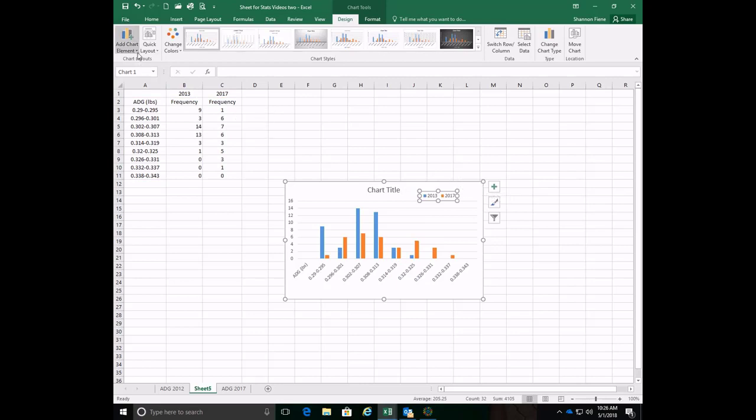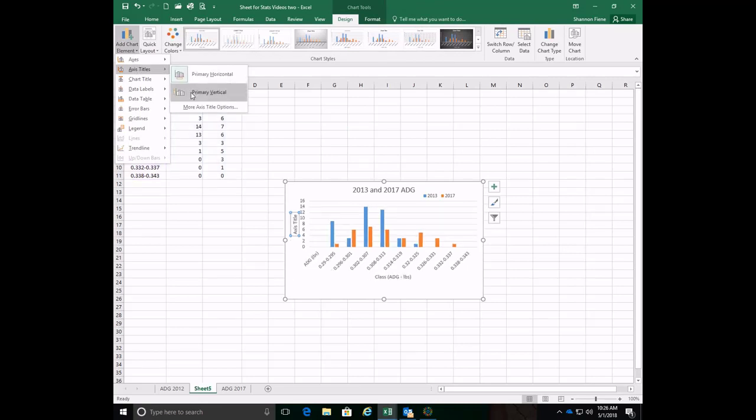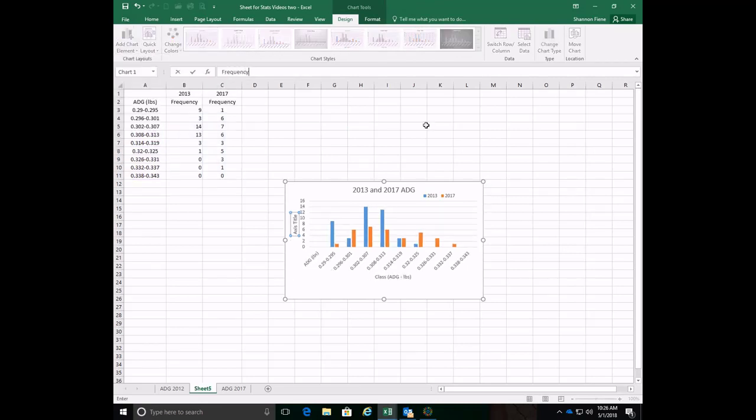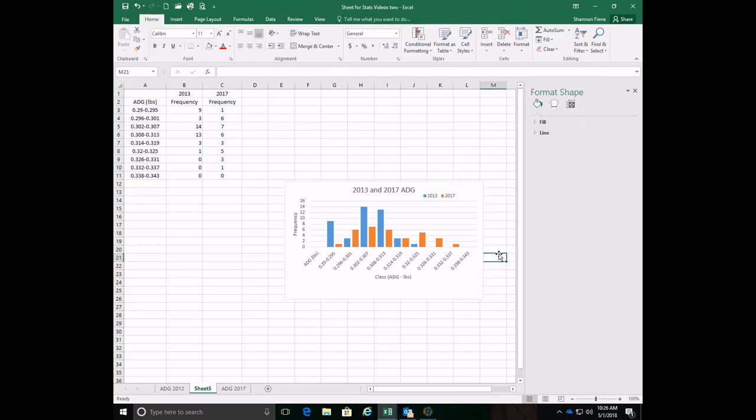All right. So again, we would want to change our title, 2013 and 2017 ADG. All right. We would want to add those axis labels. Go back, make sure you clicked on the chart, go back to add chart element, and let's add our vertical. This is frequency. Okay. Now in this case, I'm going to get rid of both the gaps. Since I have two displayed here, it does those automatically. Okay, and now